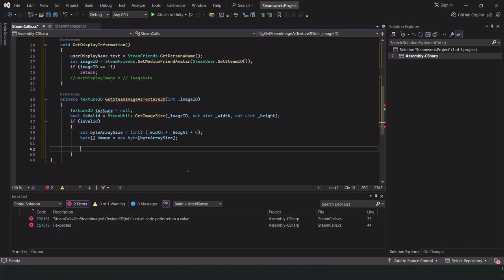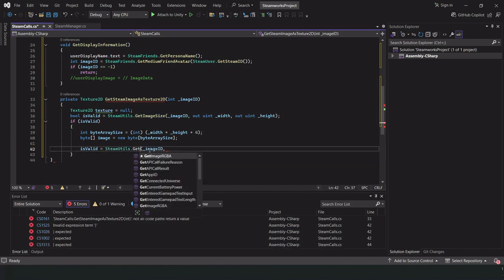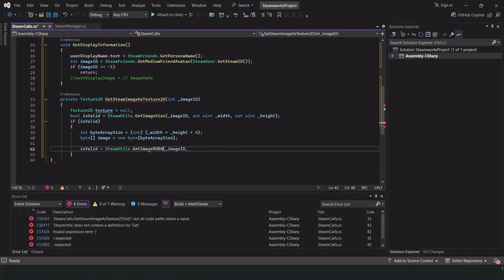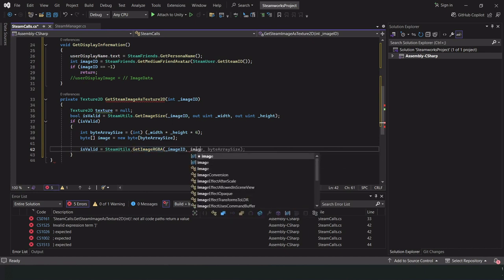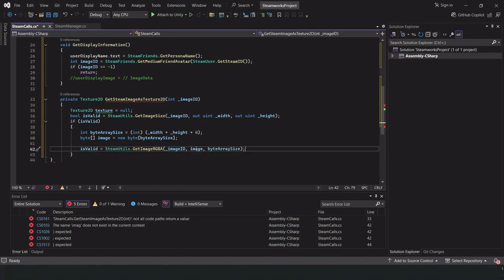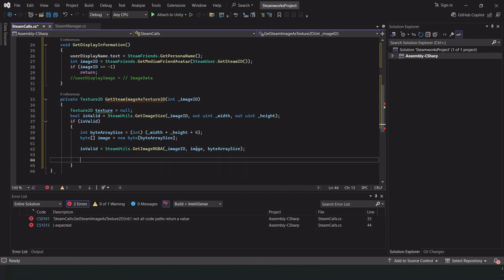We'll do a verification on if it is valid as well. Size, nope, I'm going to go get RGBA. And we're going to get the image ID, our byte array, and our byte size. So if that worked, and there's no problems there,